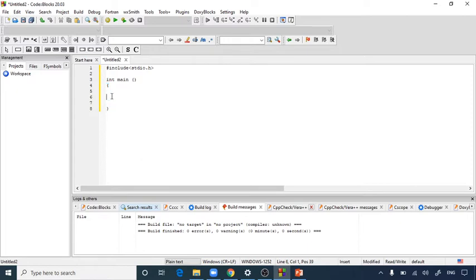They can only be used by statements that lie inside that function. Here I am going to declare a few integers: int a, int b, int c, and now I'm going to initialize those values. I'm putting a equal to 10, and then b equal to 5, and then we'll have an addition result, so c is equal to a plus b.